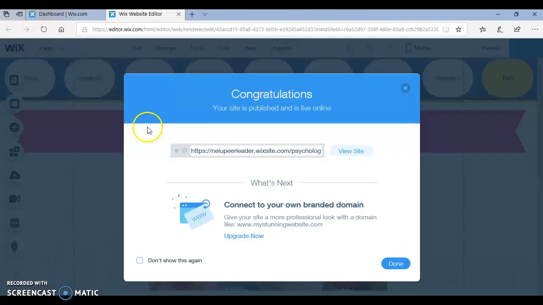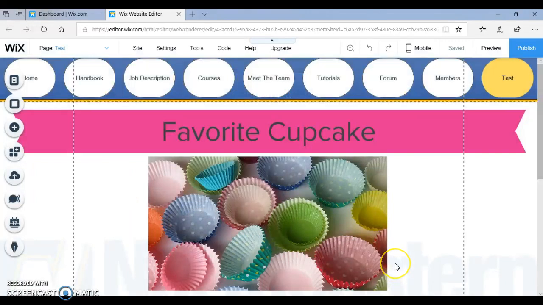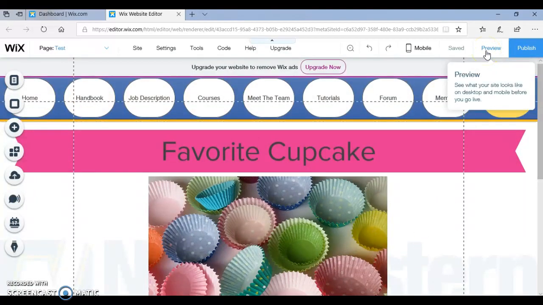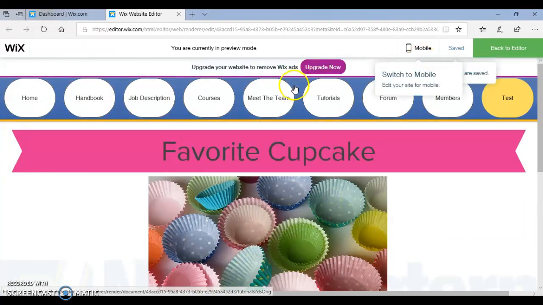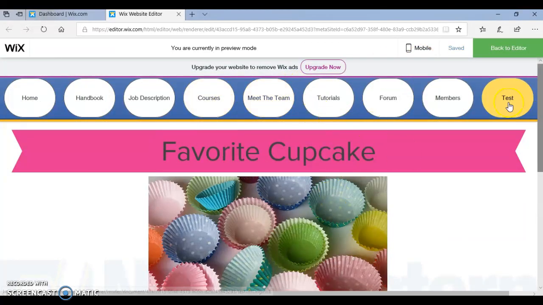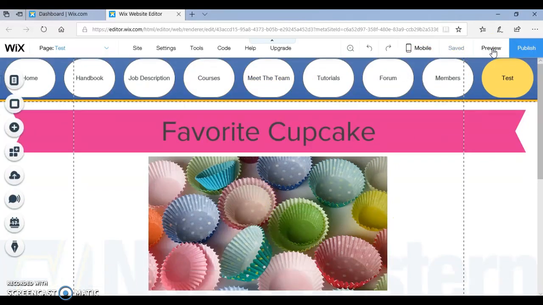A dialog box pops up to confirm that, hey, you've published your site. Hit done. And now if we go back to preview, our test page is on our website now. Back to editor. Now if we wanted to save all of our changes, all of our changes are automatically saved,